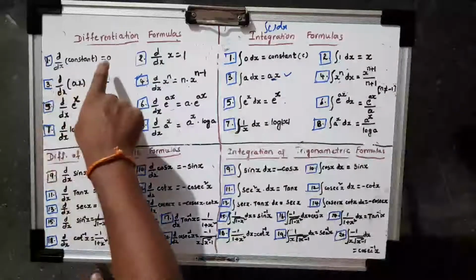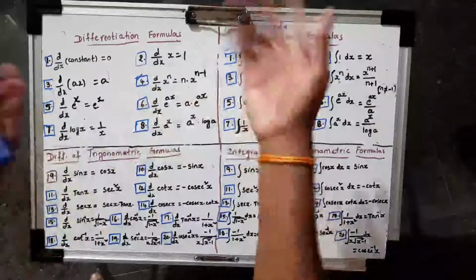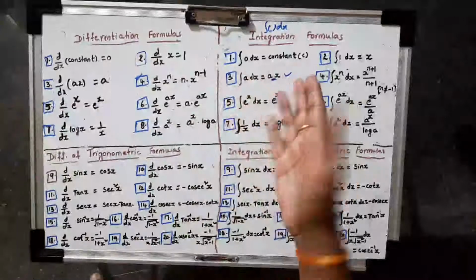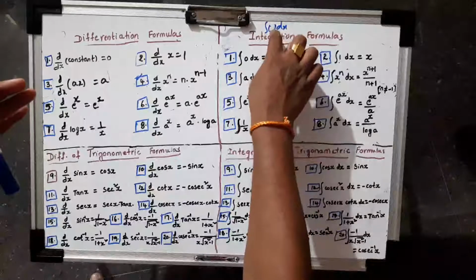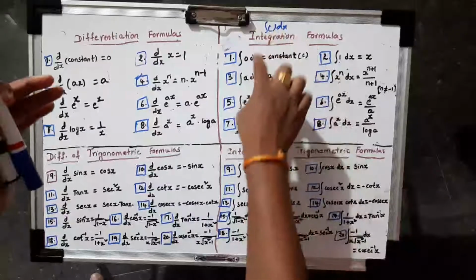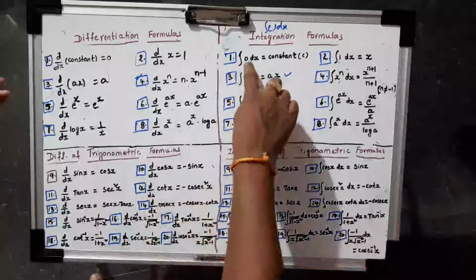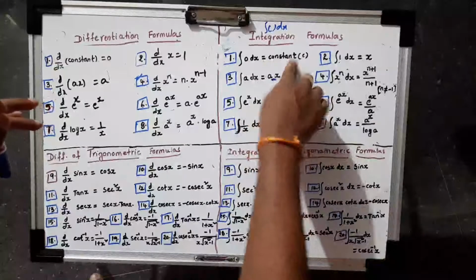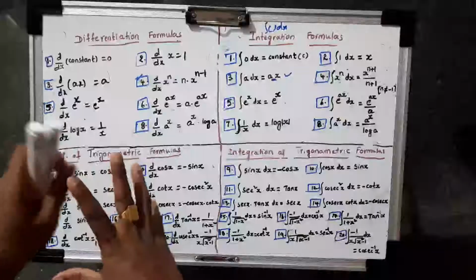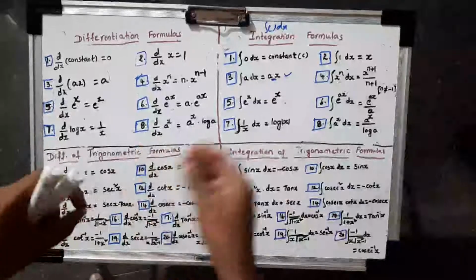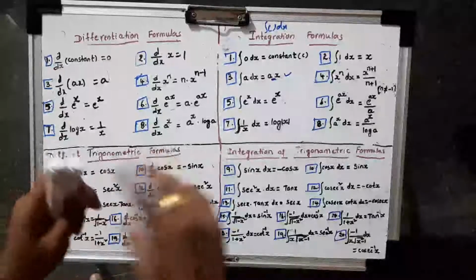See here, derivative of constant is 0. When I am saying integration, dx is already there in my terminology, the integration symbol and dx, so between them is the term you have to read. But I am only explaining the formulas to remember. So integration of 0, what is generated? Constant. This will come in differential equation solutions. When we do the differential equation solution and apply the inverse integration, we will get the plus c.